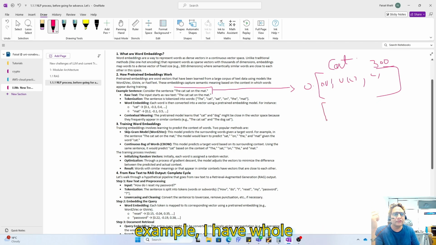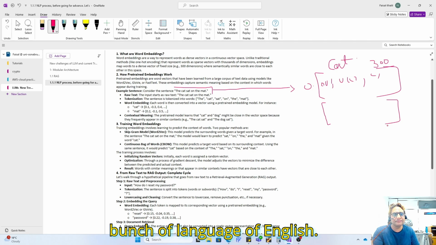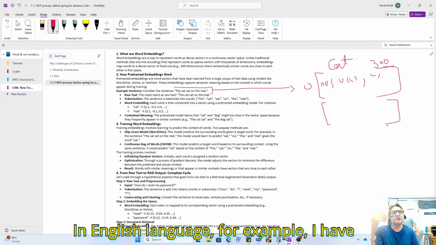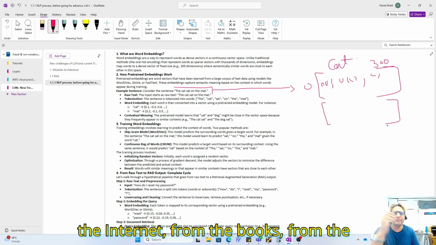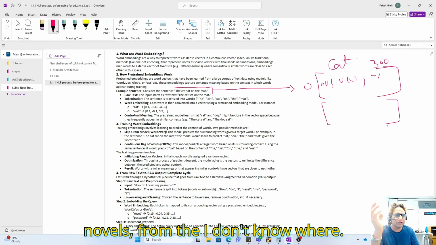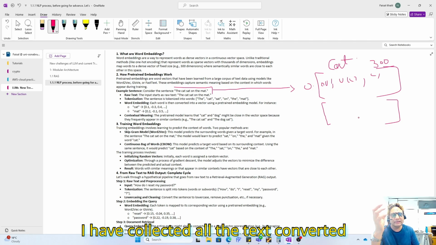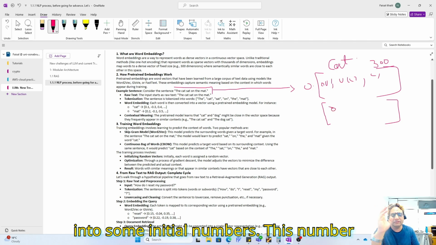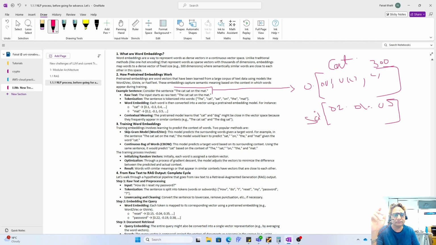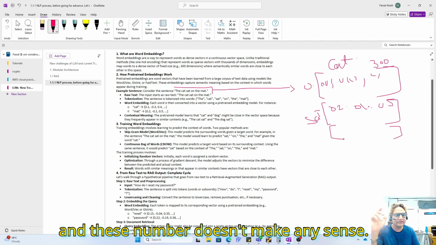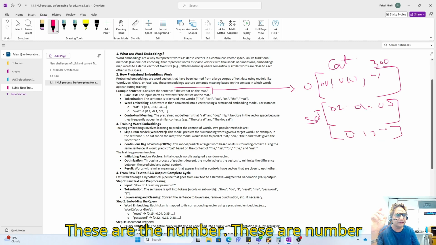For example, I have the whole English language, with text collected from everywhere: the internet, books, novels. I have collected all the text and converted it into some initial numbers. These numbers don't make any sense, 0.2, 0.4, 0.5, and they are completely irrelevant.